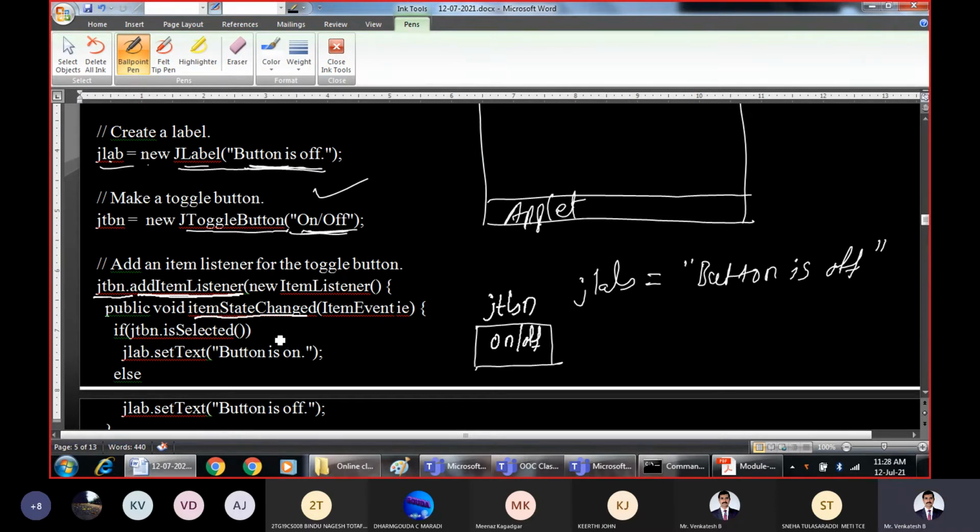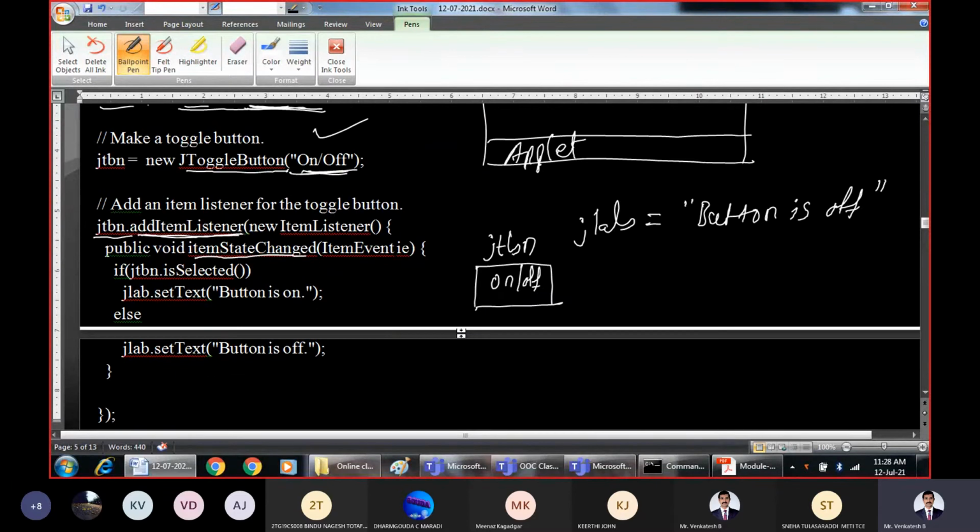That means which is going to contain the present state of the item. In this case, the item is this JToggleButton. What is the present state that we are going to display? Because if you want, you can write any other set of code within these opening bracket and closing bracket. But in this case, what we are trying to do here is we are just trying to display only one thing, whether the button is selected or button is released.